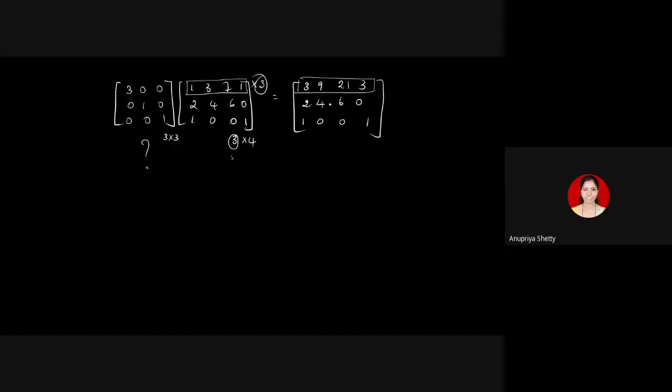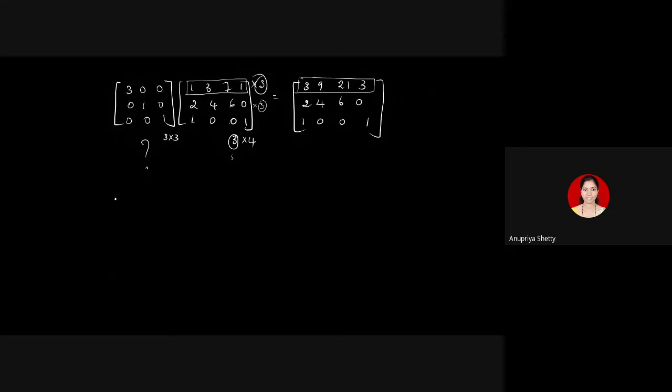Instead of this, suppose I had kept the first row entries as they are, and multiplied the second row by 3. I should have taken an elementary matrix of type 3, but here I should have taken 3 in the second diagonal position, and in the 1 1 and 3 3 positions I should have taken 1 itself. So whichever row you want to multiply with some number, that number should be in the respective position of that elementary matrix of type 3. Now let me take the same matrix 1 3 7 1, 2 4 6 0, 1 0 1.